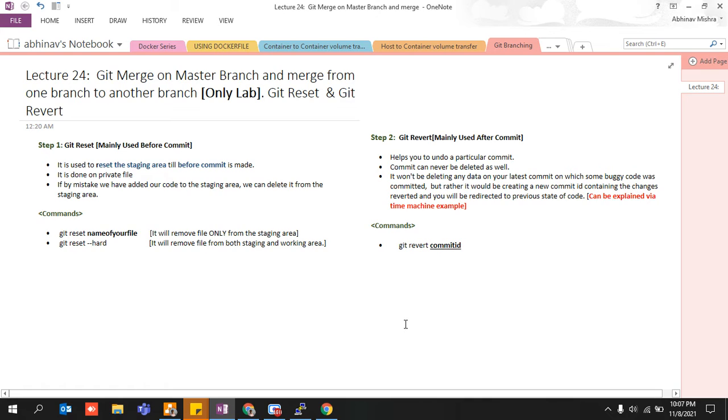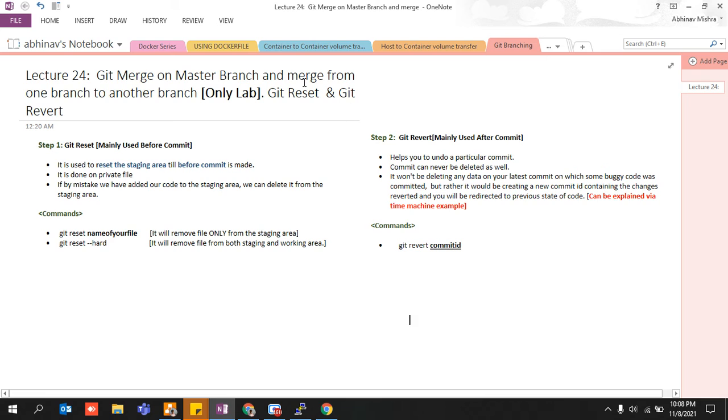So guys, the second part that we would be discussing in our lecture is that we are going to understand the very basic and simple concepts of what is git reset and what is git revert. Two steps are involved: step one is for git reset and step two is for git revert, right? It is very easy. It won't take much time, and you do not need to go through a cumbersome task of going through the entire theory and then learning. Just follow my lecture and your life would be as easy as you want, right?